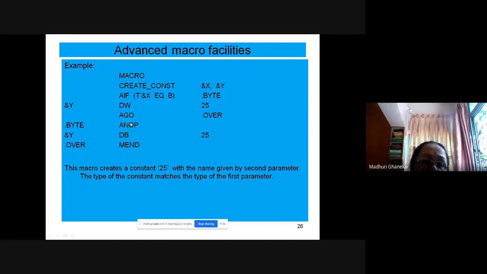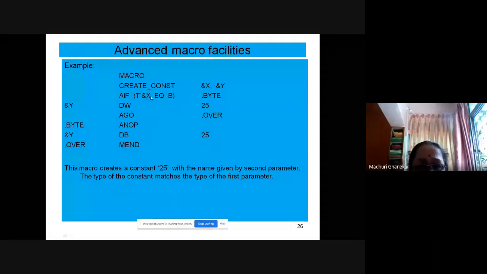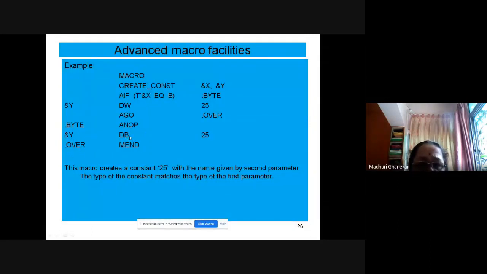Why is this ANOP used over here? You will observe &y declare byte 25. So what it is doing: if type of x is byte, then it is asking to jump to the step &y, declare the second parameter with the help of declare byte 25.